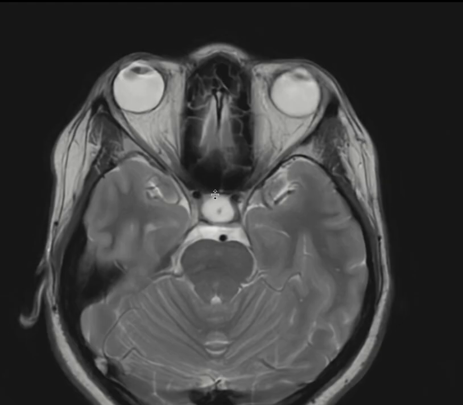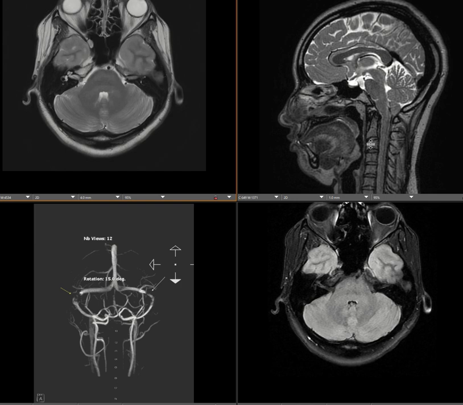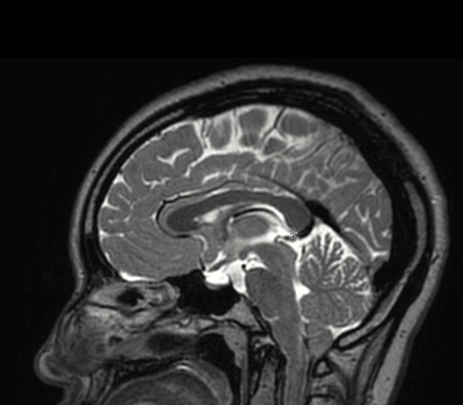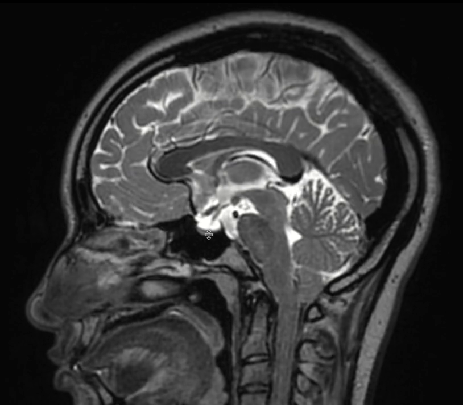So we see this partially empty sella, increased CSF spaces over here, and also we see the Meckel's cave enlargement on the right side compared to the left. So this is just a regular smaller one on the left, but we see enlargement of the Meckel's cave on the right. So on this T2 CUBE sagittal, we again see the partially empty sella that I already showed you on